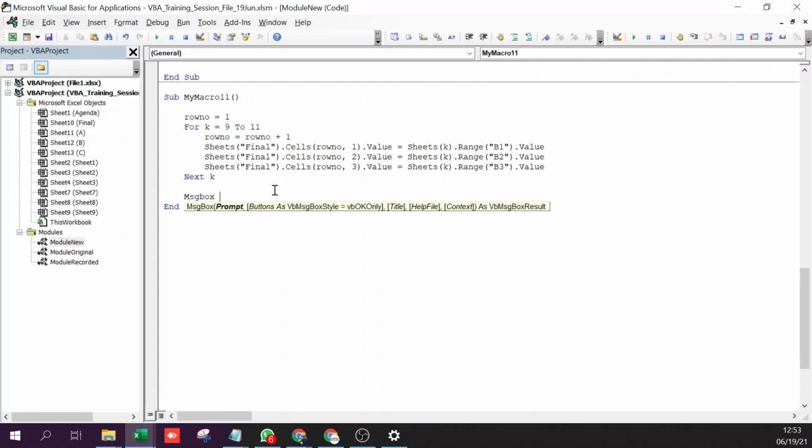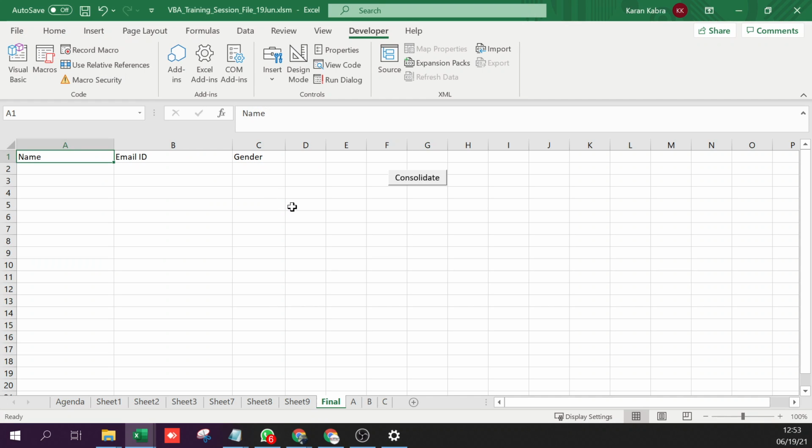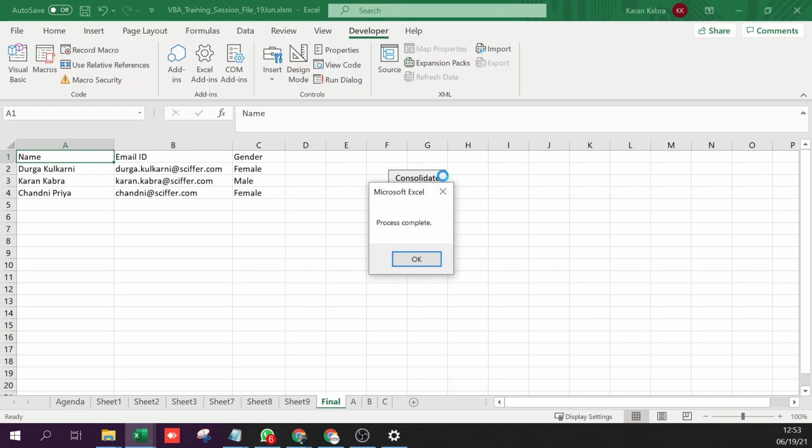I'll write a message box here. Don't worry, I'm going to share the recording, in case I'm going a bit too fast, because I think we have to end in 5 minutes. This is the last bit of code that we will write for today. So yeah, let me check. Here you go.